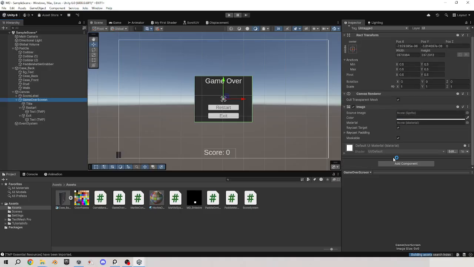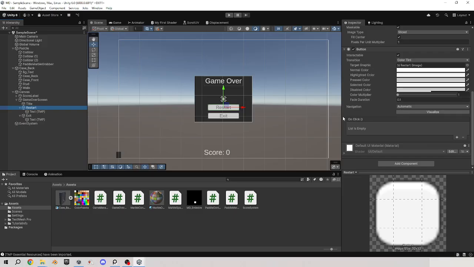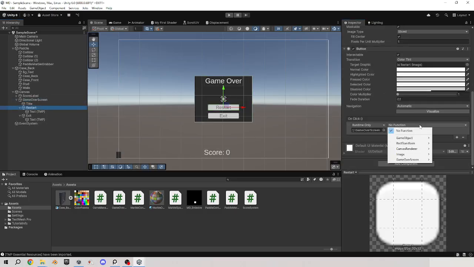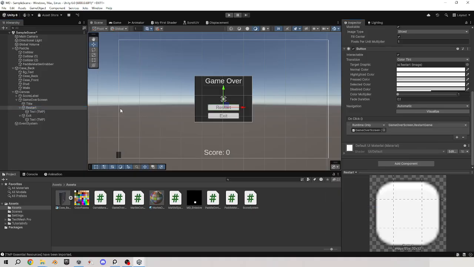So on the game over screen, we also need to add component game over screen. And what this does is it just houses all of the scripts that are needed for these buttons. So we come into our restart button, we scroll all the way down to the button component, and in the on-click functionality, we can just hit the plus sign and drag over our game over screen because it has that script, the game over screen script, and that is the script we want to access. So we're going to click on our no function, we're going to open to game over screen because that's the script, and we're going to click restart game because that's the script that we want to run